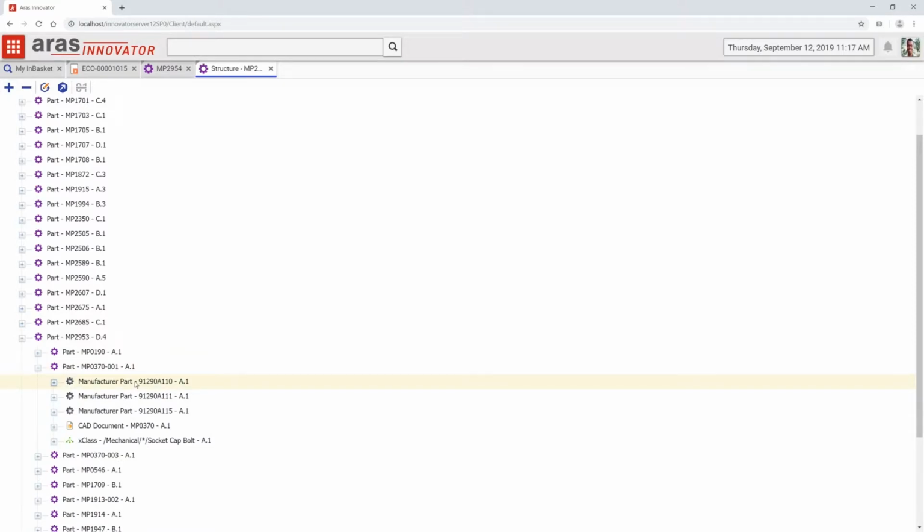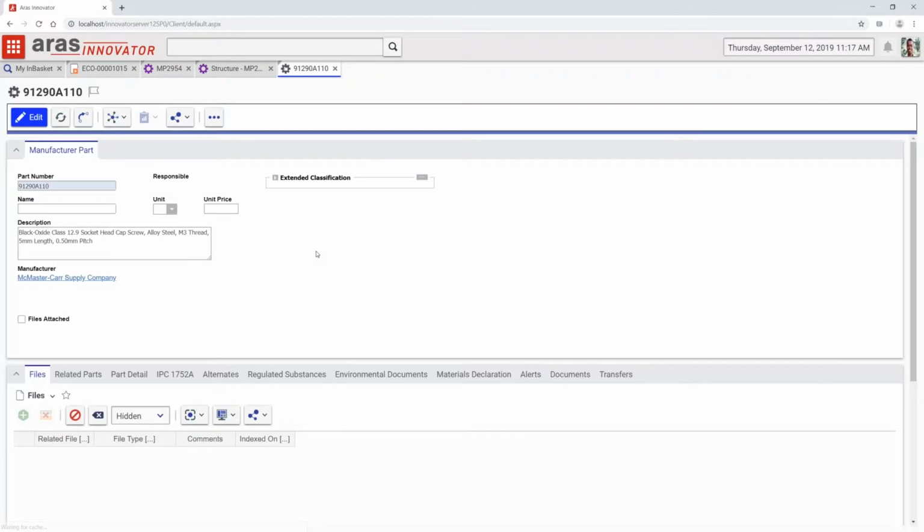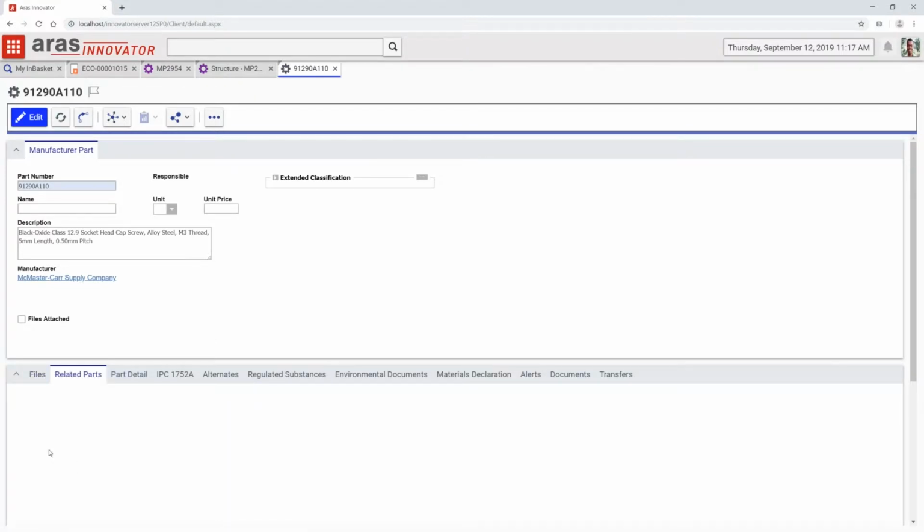Remember we talked about opening up and seeing manufacturing information? This is a purchase part. Right from here, if I'm working in sourcing or procurement, I can go right to the up-to-date information about this particular manufacturer and their part numbers that we're sourcing here. So quite a few things we can do with that.